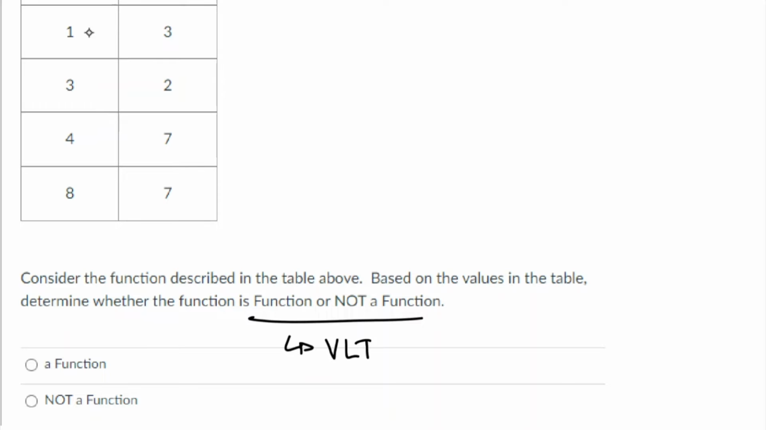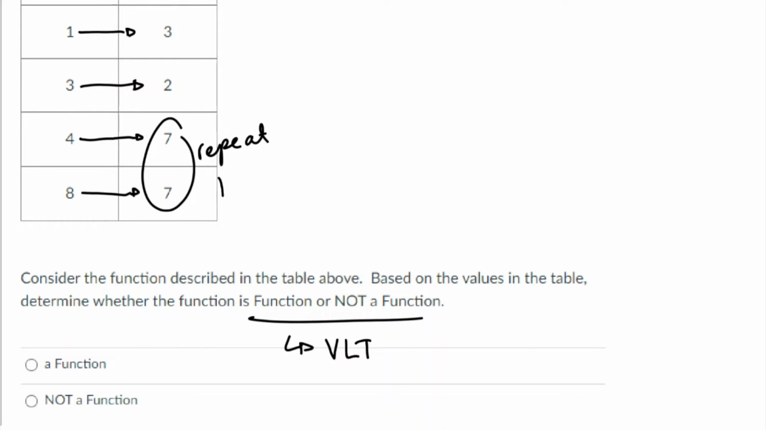So as I look here, 1 goes to 3, 3 goes to 2, good so far, 4 goes to 7, 8 goes to 7. Now, while these repeat, that is okay for a function. It's not okay for a one-to-one function, which is a more specific kind of function. But all this means is that this function, 4 goes to 7, 8 goes to 7, what would be a